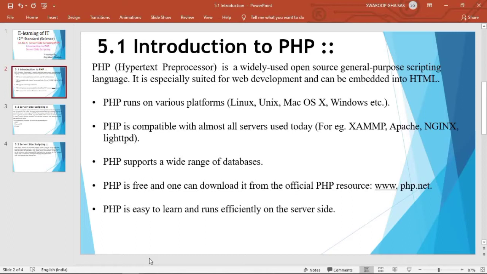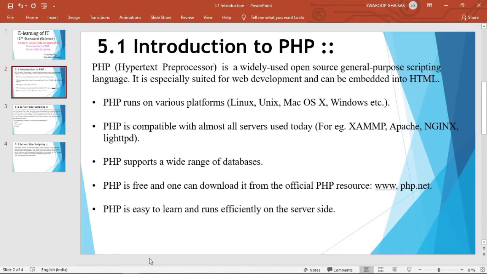So PHP runs on various platforms like Linux, Unix, Mac, Windows. So different operating systems like Windows, Mac, Linux, Unix support PHP. PHP is compatible with almost all servers used today.